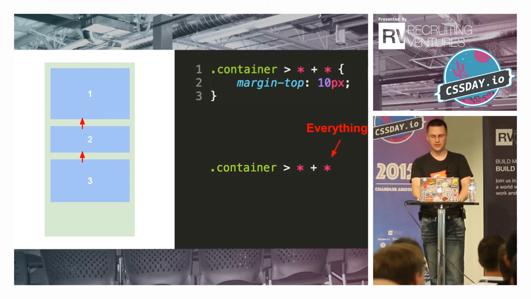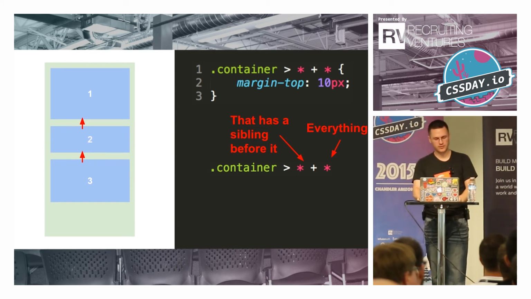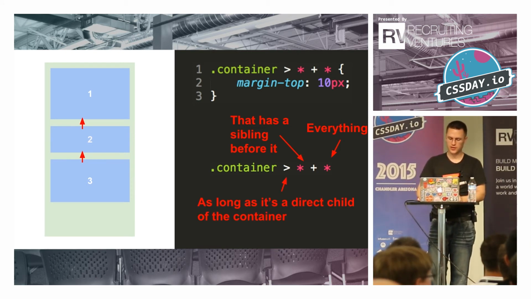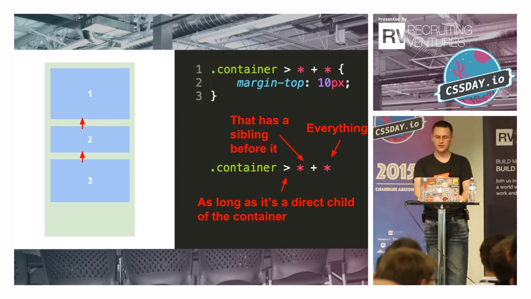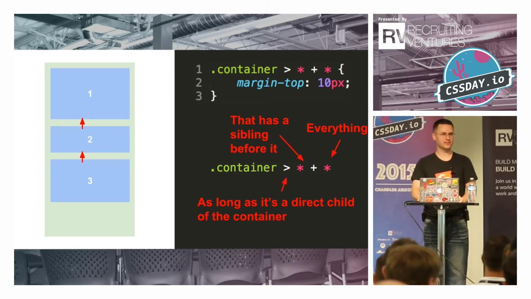So basically, everything that has a sibling before it, as long as it's a direct child of the container. I know you might be thinking, asterisks. How do we feel about asterisks? Yeah? No? Okay. So it turns out